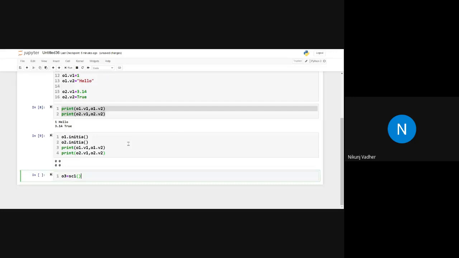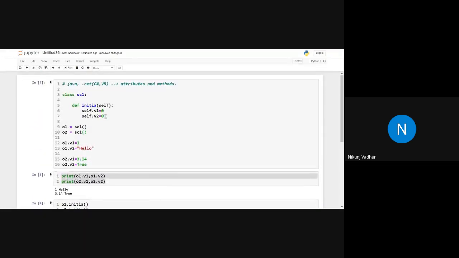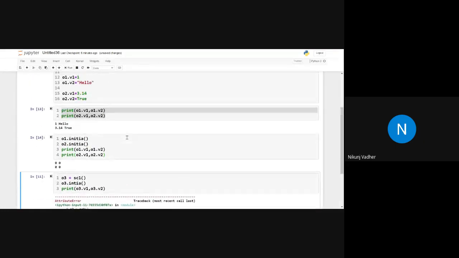Then o3.initial, then o3.v1 and o3.v2. What is the name of the class? SC1. It is not allowing us to create the object.